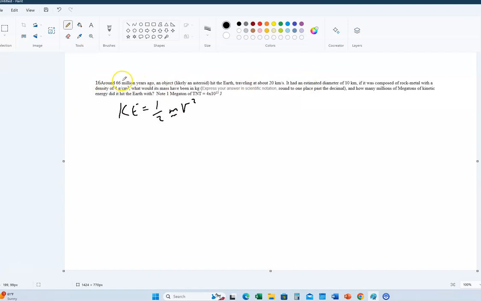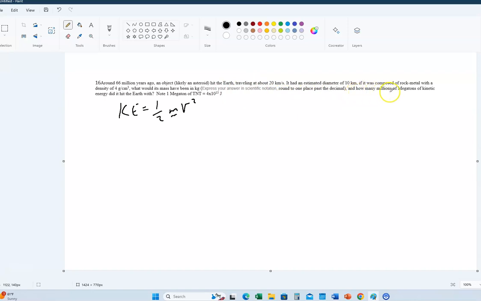It tells us, this is number 16, around 66 million years ago, this is the end of the dinosaurs, by the way, an object, likely an asteroid, hit the Earth, and we can estimate that it was traveling at about 20 kilometers per second. That's a very good estimate of the speed. It is estimated to have a diameter of 10 kilometers. If it was composed of a rocky metal mixture with a density of 4, what would its mass have been in kilograms? Express your answer in scientific notation,